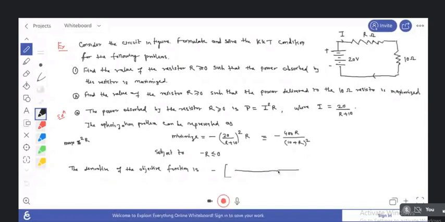So 2 is 800 r into 10 plus r. Okay, so if we take 10 plus r both sides and